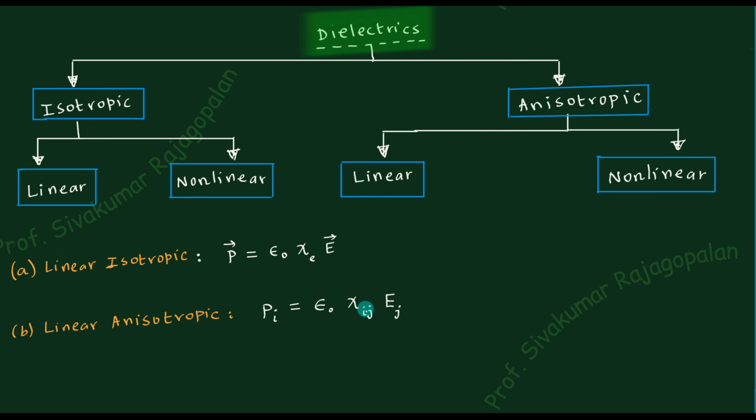Therefore what happens is, this is supposed to be written as chi I1 E1 plus chi I2 E2 plus chi I3 E3. So if you write like this, then all the j will disappear. So repeated index will naturally disappear. It will always happen. So repeated index will disappear, and what is left out is only this I, and that I will be transferred here.